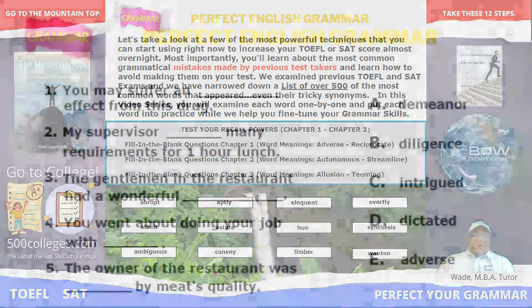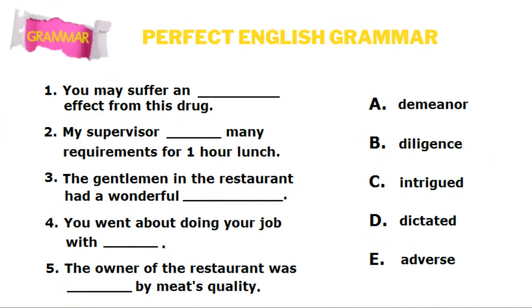So if we took a quick look, we can take a look at some of these fill in the blank questions. Here we have: you may suffer an blank effect from this drug, and you can choose one of the options on the right side. So we have: my supervisor blank many requirements for 1 hour lunch.